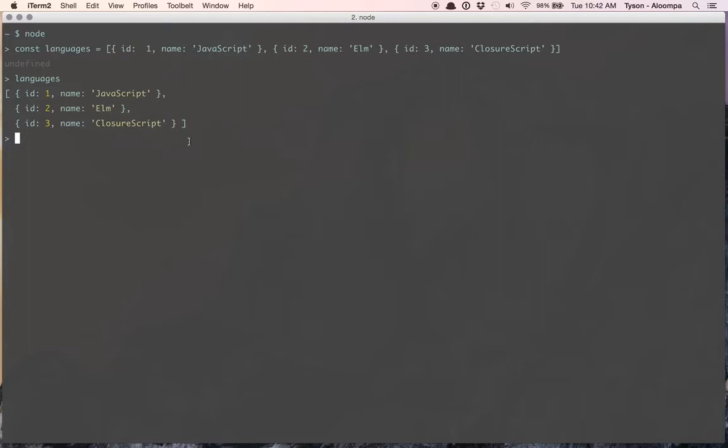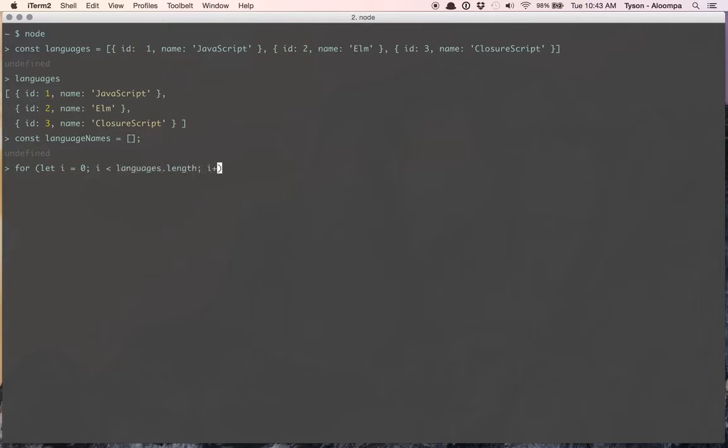So the old school way to do that, if you're using ES5, would be to write a for loop. So you basically first want to create a new array that you'll store this stuff into. So we'll make a new array called language names, and it's just going to be a blank array to start with. So every time we loop over this, we're going to push that item into the array. So we're going to say for i equals 0, so it's going to start out with 0, and i is less than